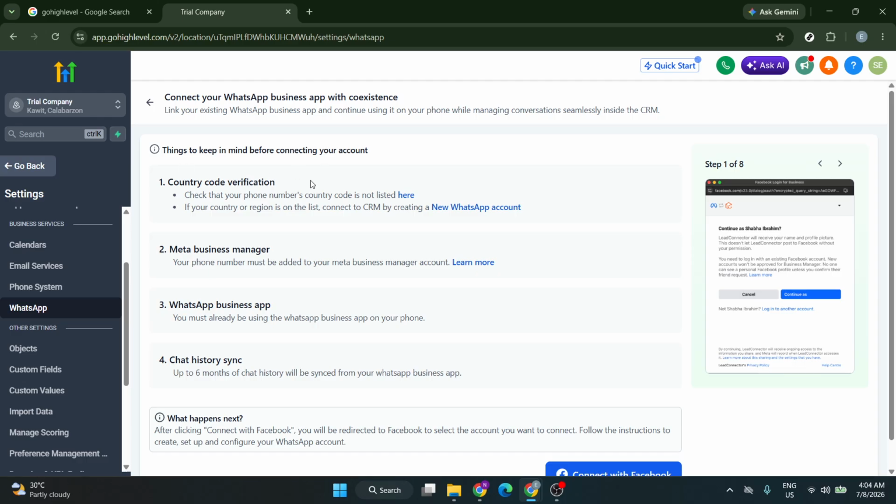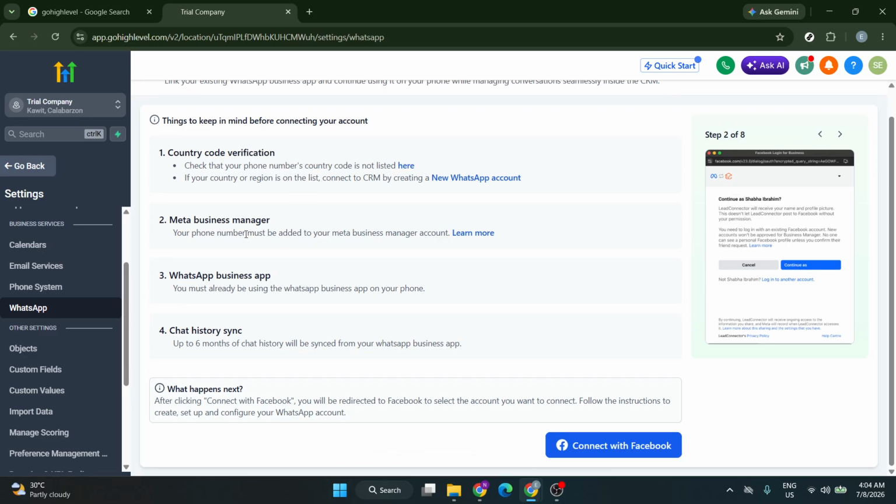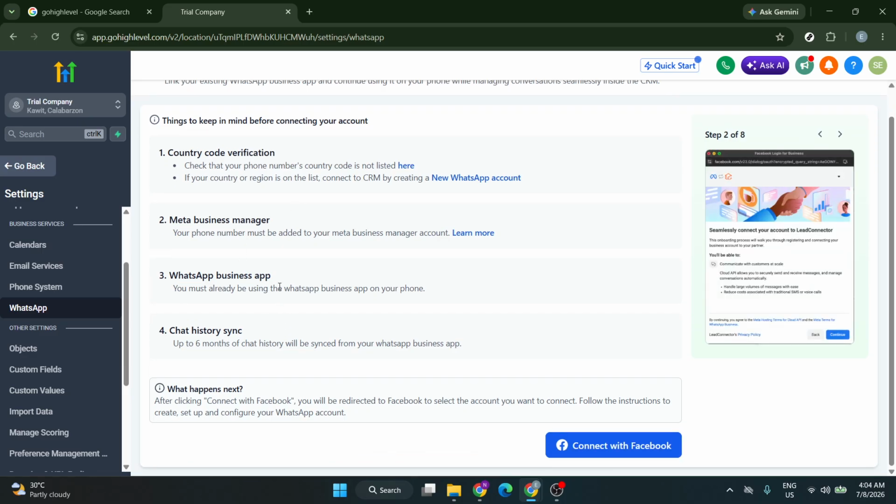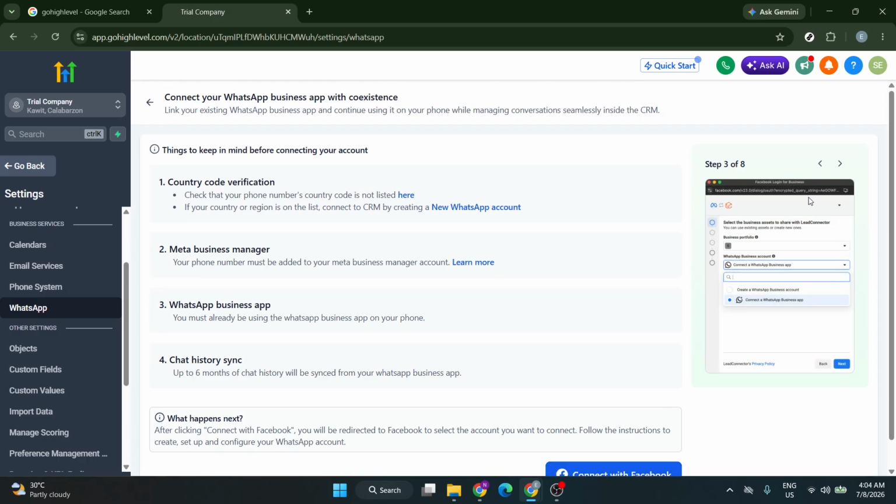Now comes the most important part. To use multiple WhatsApp numbers in the same sub-account, you need to connect the numbers individually. Click Add Number or Connect, depending on what your screen shows, and complete the official WhatsApp onboarding or API registration process for your first number. Take your time here and follow the on-screen instructions carefully, because each number has to be verified and connected properly